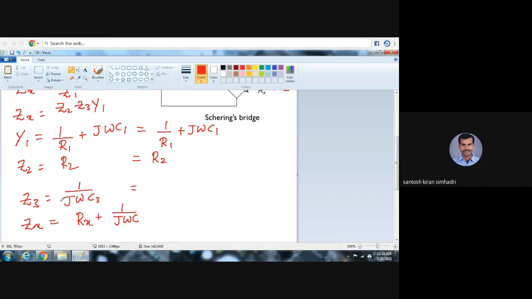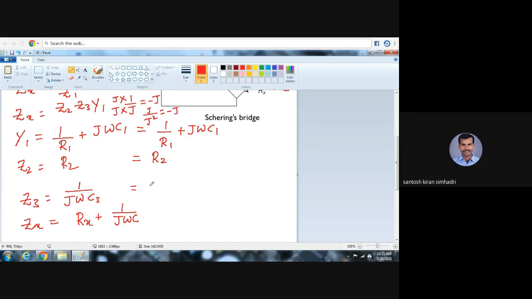Now coming to Z3. Okay, I will tell you a small mathematical part. 1 by Z is equal to minus J. Is it right? Okay, I will tell you how. Multiply by J and J. So J into J means what? Here I will write J into J by J square. So what is the value of J square? J square value is minus 1. Then finally I will write it as minus J. This is a very simple discussion, nothing to worry.